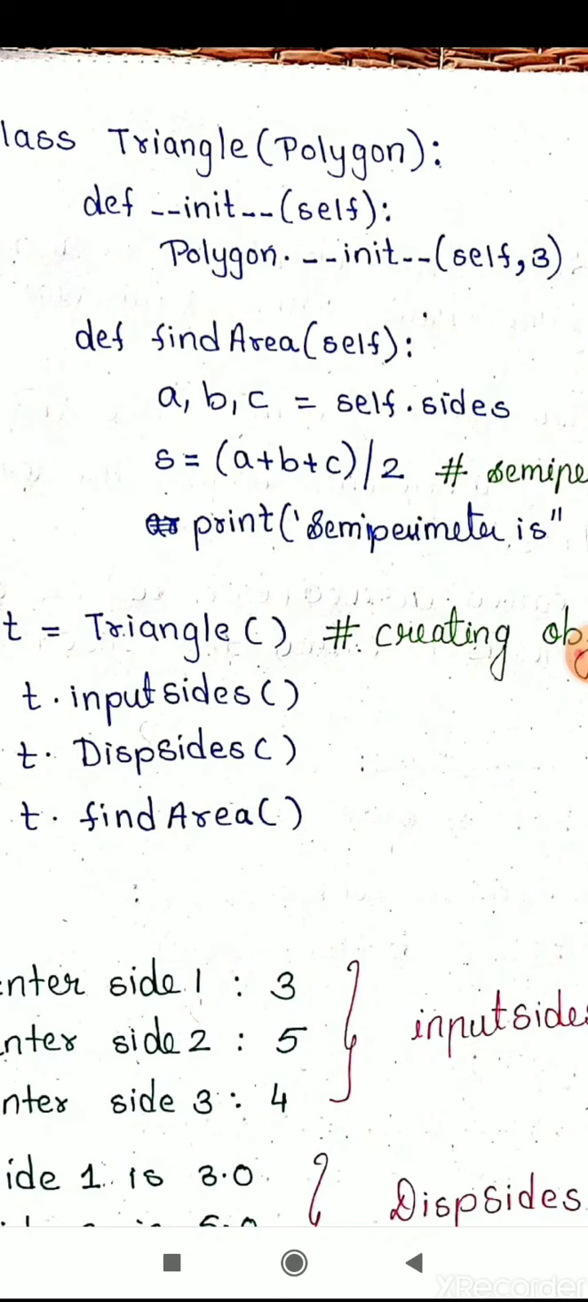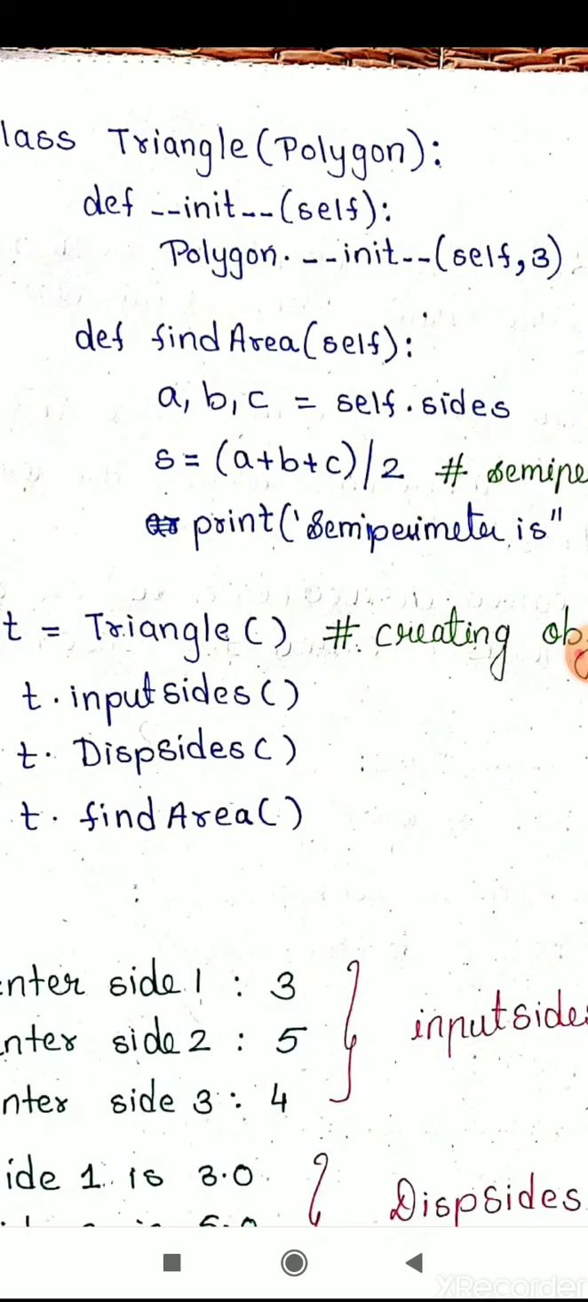And now we can have our own functions, whatever functions you need to define will be defined in the new class. So for a triangle, if you want to calculate the perimeter, the semi perimeter, or the area, likewise you may define your own different functions related to the triangle. As you can see, I have declared 3 parameters, that is a, b, c in find area, and to those parameters I have assigned self dot sides,